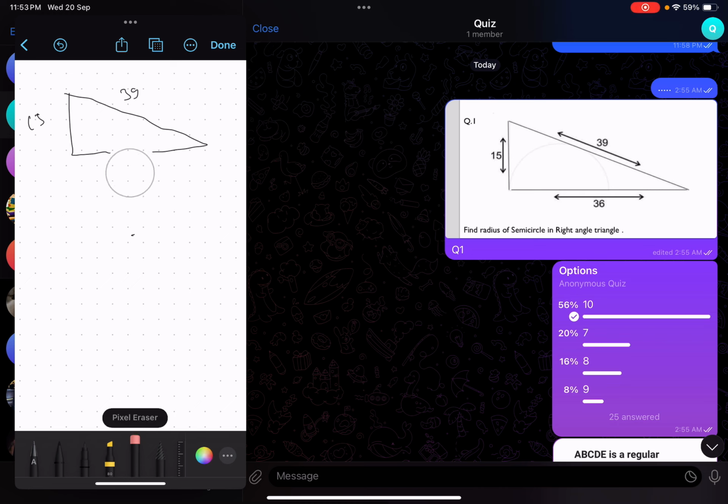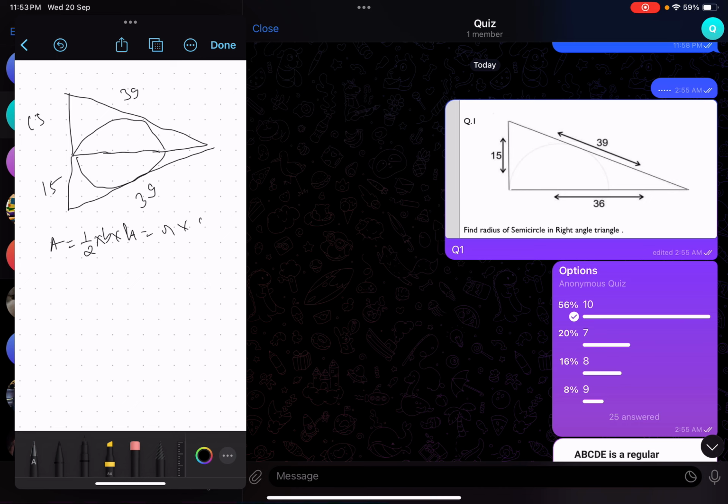As I can see symmetry in the figure, because there is exactly an incircle, sort of a semicircle I would say. So if I just mirror image this figure, I can get the exact same thing, and then it will be a total incircle and I will easily do this. Basically this is 15, so this will also be 15, this will be 39. Now as I know that this is an incircle, area will be half of base into height, and this will be equal to inradius into semi perimeter. Bingo, I'm done.